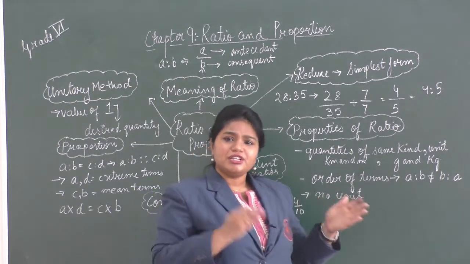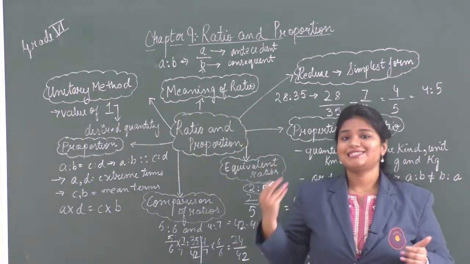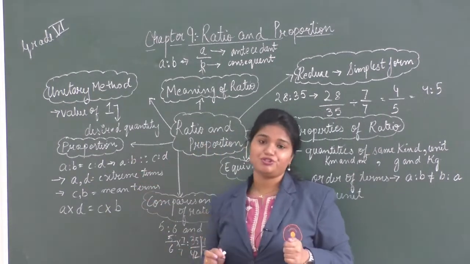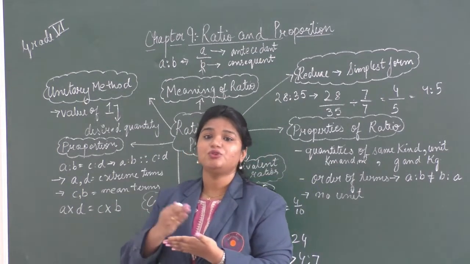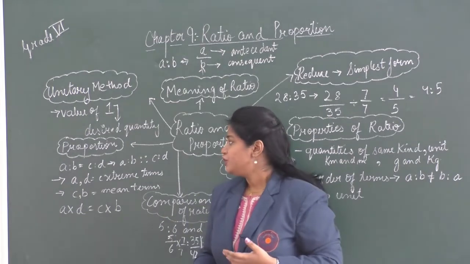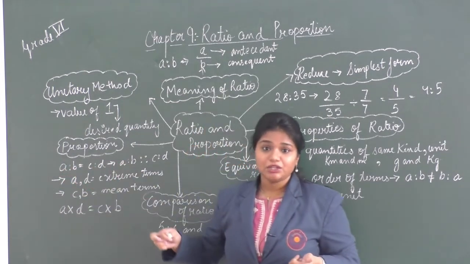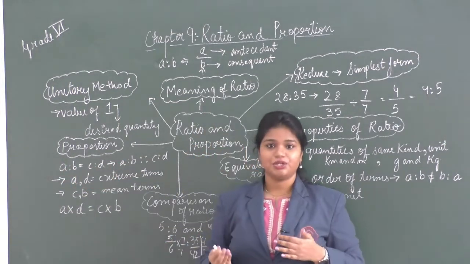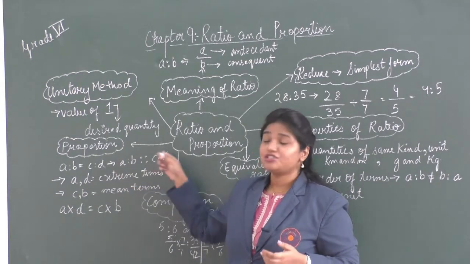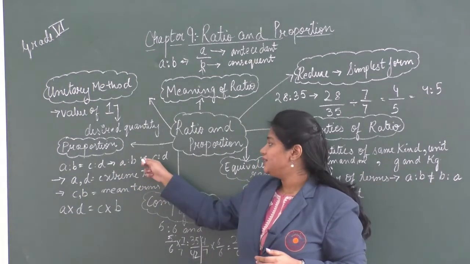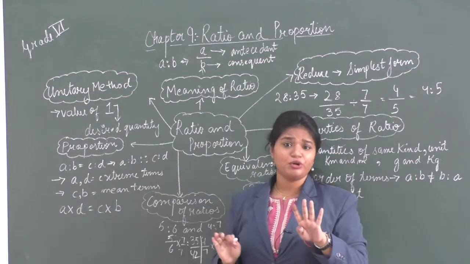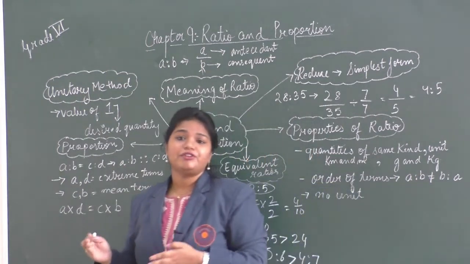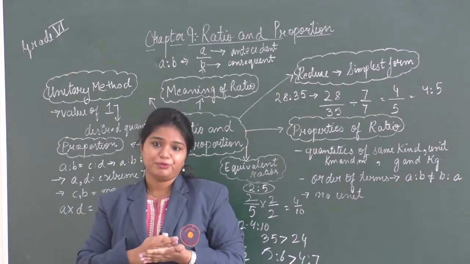Now after the first half of the topic, we move to the second half, that is proportion. We learned that we can only find proportion when two ratios are equal. So here when A is to B is equal to the second ratio C is to D, we can say that A is to B is proportionate to C is to D. Now here you can see there are four terms. Now there is a name given to all these four terms of a proportion.